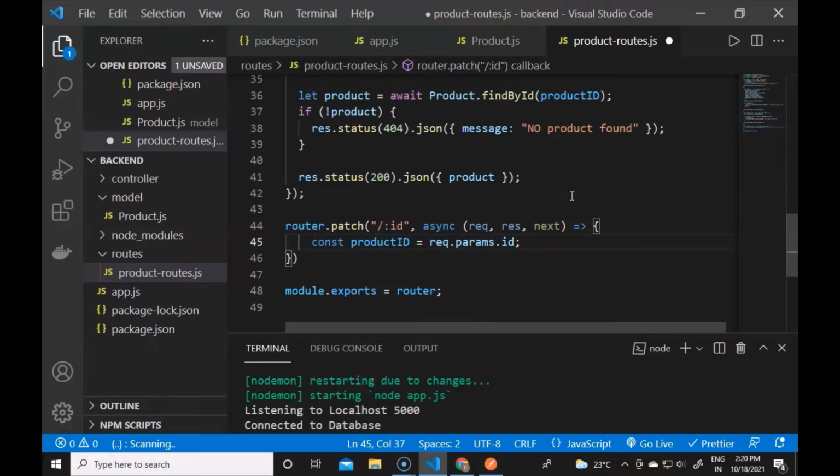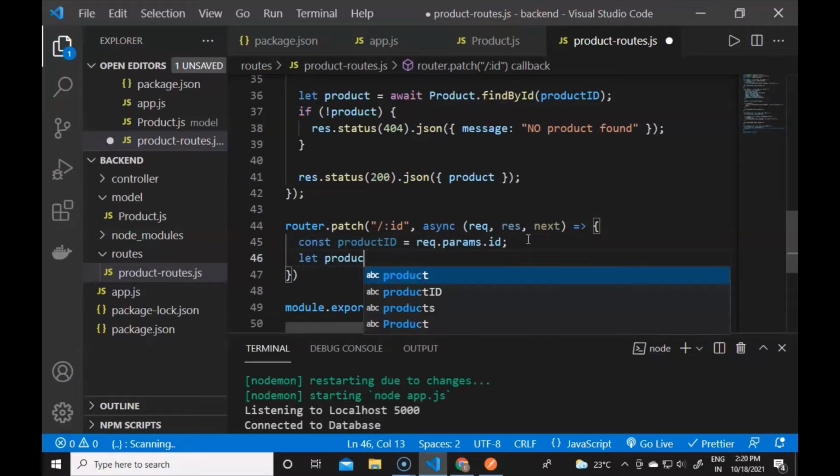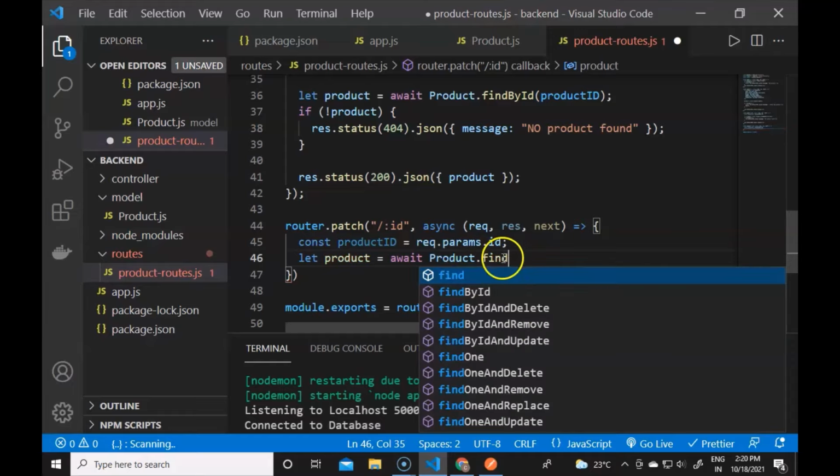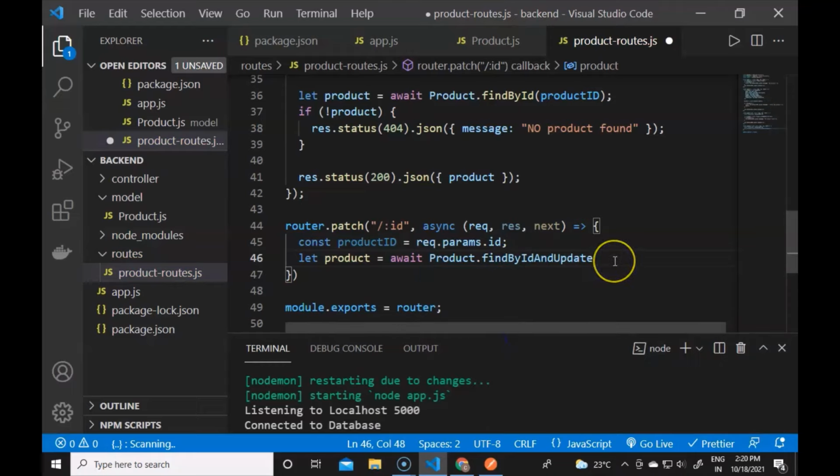So it will be the model.findById and update. So we have to check this model here. Now we have to create a new product, and it will contain let product and an await. We have to wait for it until it completes the promise for us. Now the product model, product.findById, it should populate inside this. So now you will see the findByIdAndUpdate is here. We have to do this findByIdAndUpdate.